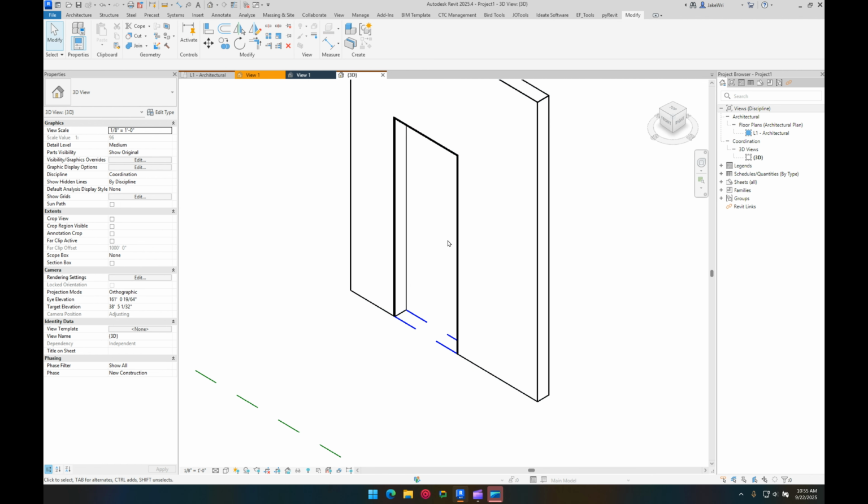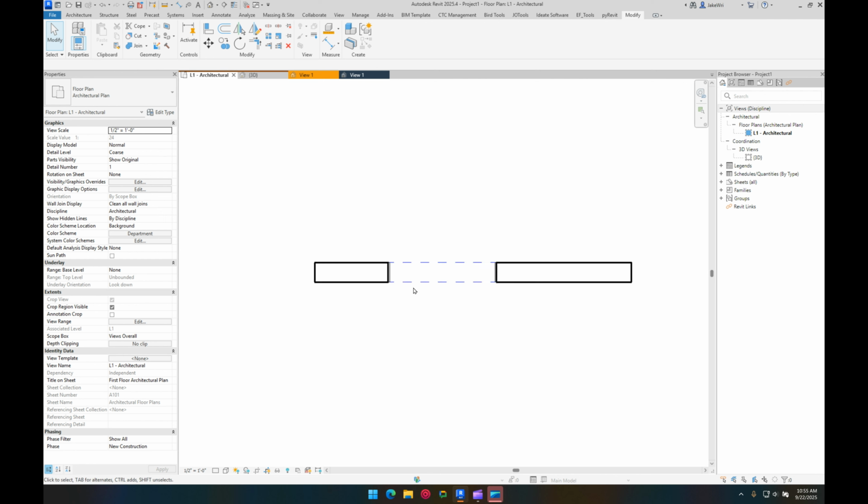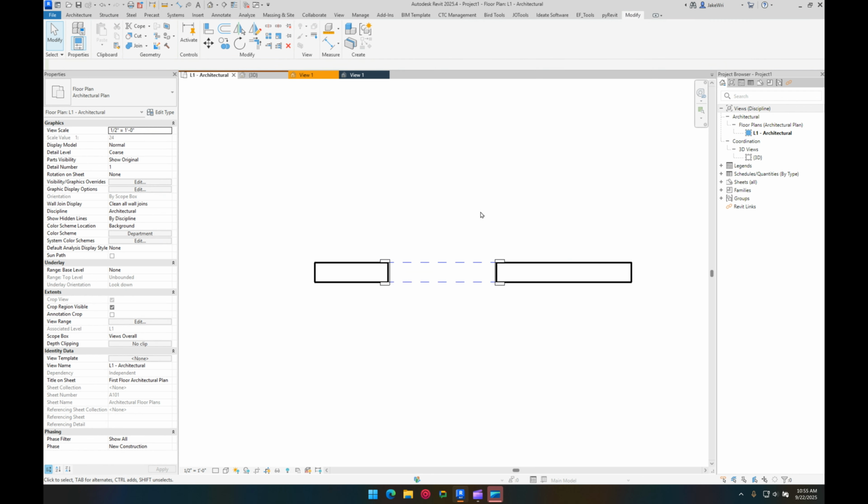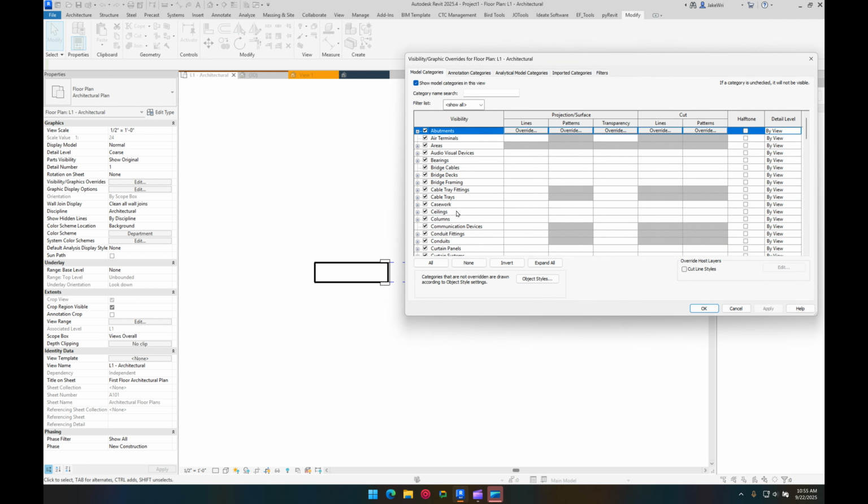So one of the things that we want is to have the trim visible in plan and visible in 3D, but also be able to turn the trim off in plan, because we just don't want that graphic setting showing up. You can see one of the issues is that this is basically turning off the 3D object itself. So let's go into the graphic overrides and see if we can turn that off in here. If we go into the door